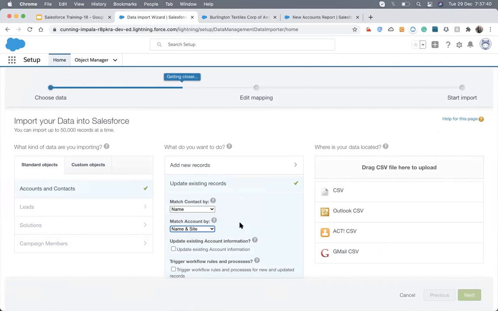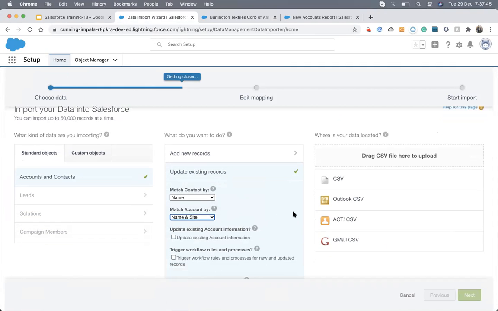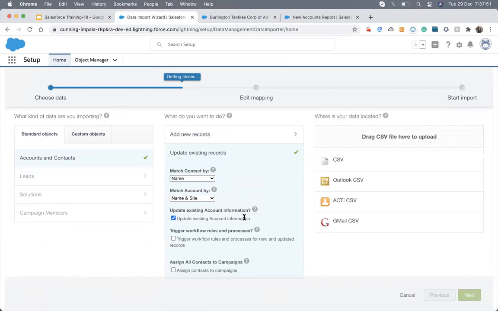Name and site. Okay. Sorry, I haven't checked that. Update the existing account information. I need to check it. Might be that's the issue.